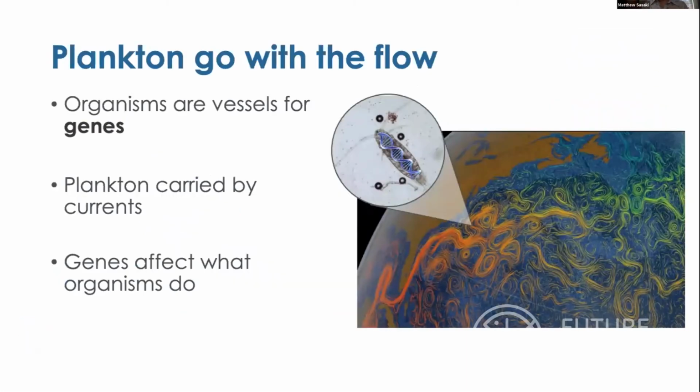Okay, the last thing that I want to touch on before I highlight a little bit of my work has to do with genetics. To an evolutionary biologist, in many ways, organisms are just vessels for genes. We all carry around our DNA, and at some point, the goal is to replicate your genes for the next generation. And this is actually really important to think about when we're dealing with planktonic organisms because they're being carried